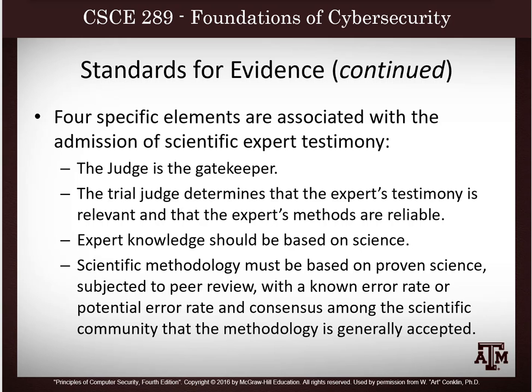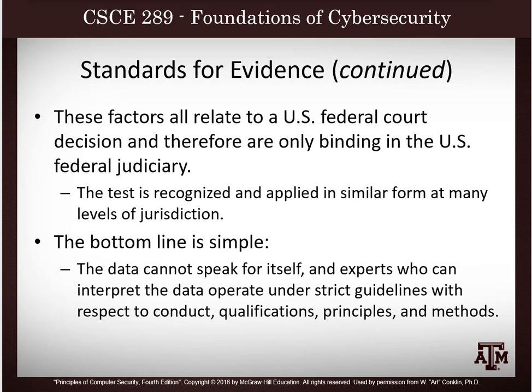So the judge made a mistake. He either put evidence in he shouldn't have, or he didn't allow evidence in that he should have. You see this a lot now in criminal convictions that are being overturned when they say the prosecutor had exculpatory evidence that the defendant could have been found not guilty and didn't share it with the defense attorneys, right? Mistake in law, all right? So we've talked a little bit about standards. If you really want to get into this, please take my law and policy course.